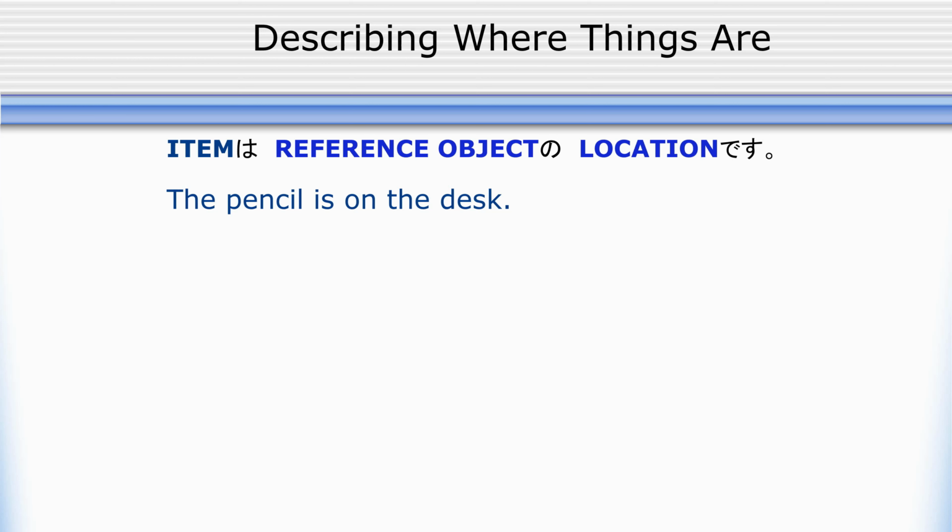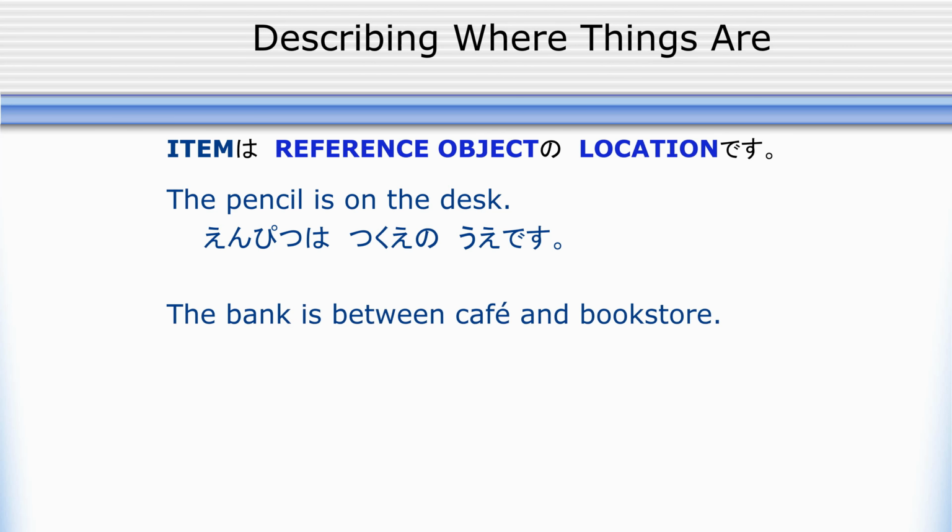So the pencil is on the desk. We can say, 鉛筆は机の上です。So item は reference の location です。